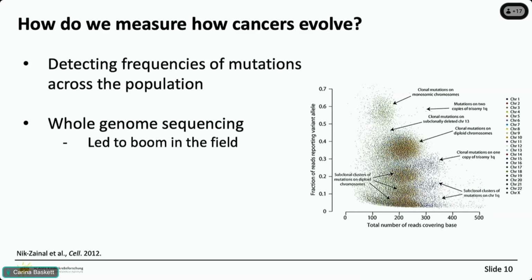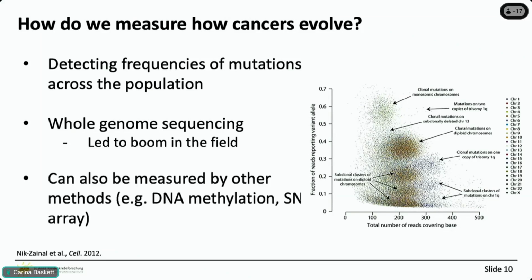One of them is shown on the right here. This was another publication from the Sanger Institute in 2012 where they had really deep whole genome sequencing. I mean, this is deep sequencing even for today, and this was 13 years ago now. And what they're trying to show here is the different allele frequencies of the somatic mutations in the population and trying to figure out what subpopulations are present and how they're evolving.